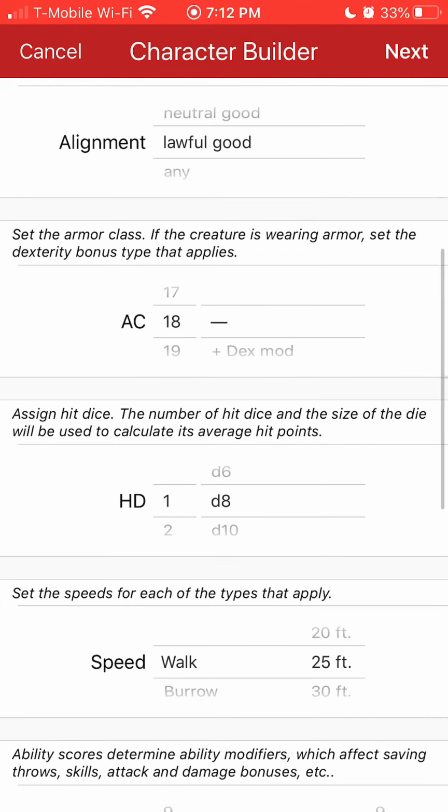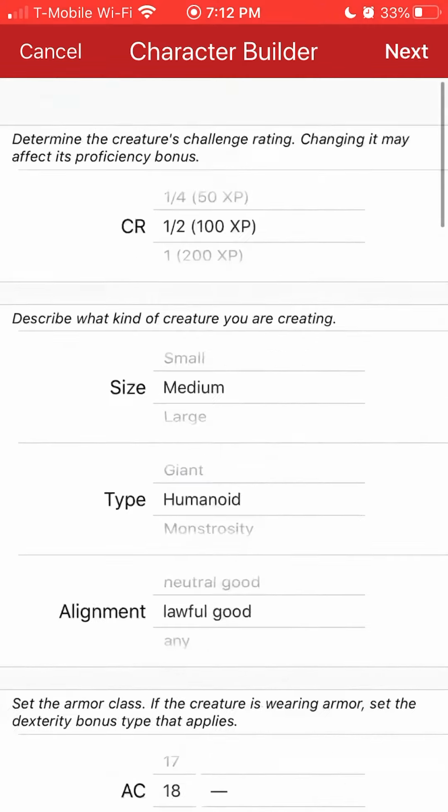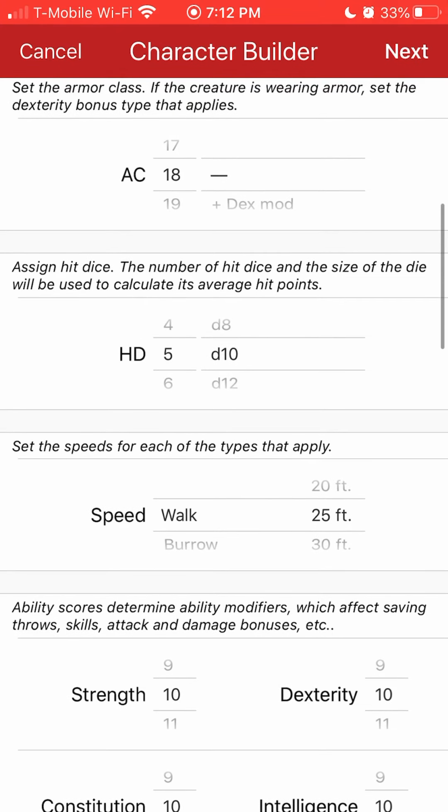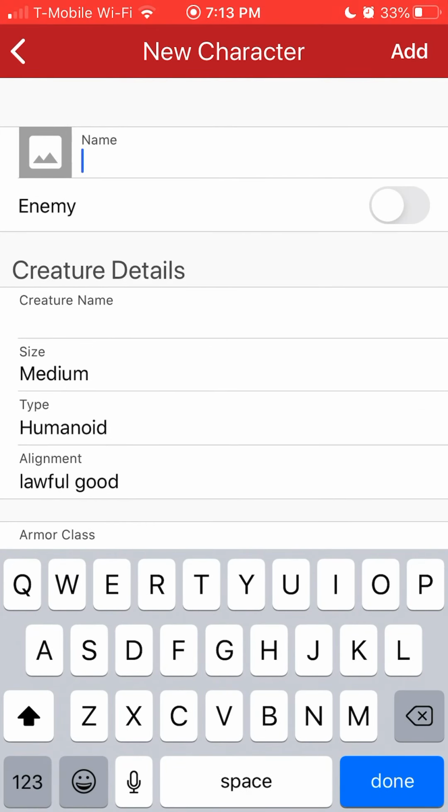So let's just say, to make it simple, I'm gonna go with she's a level 5 fighter, right? We're not gonna worry about any of that. We're just gonna do this. Oh, actually, this is bothering me. There you go. So let's say her name is